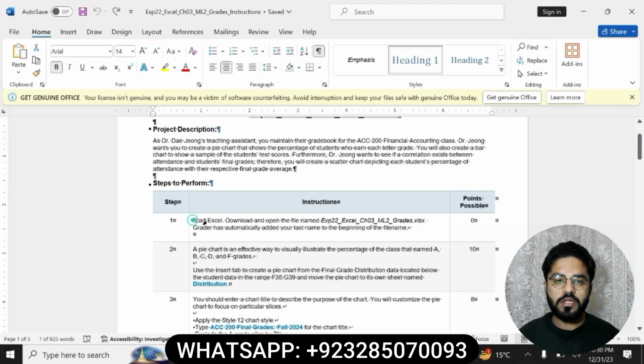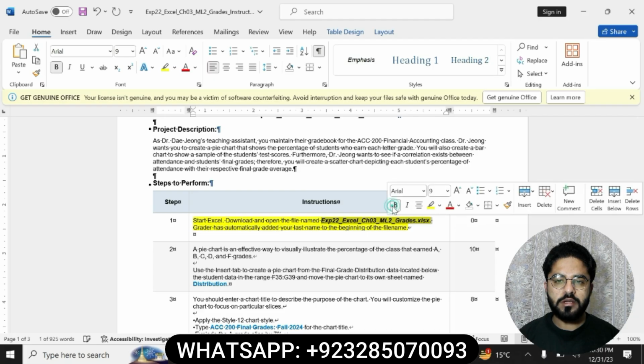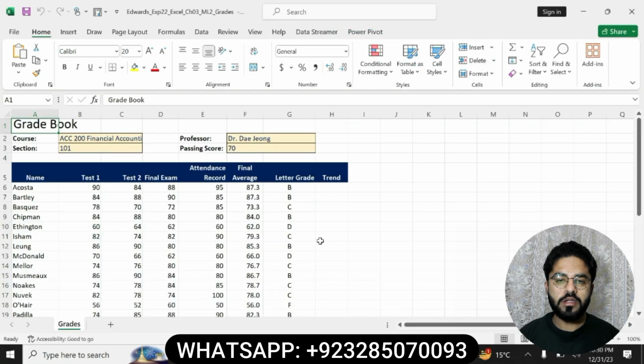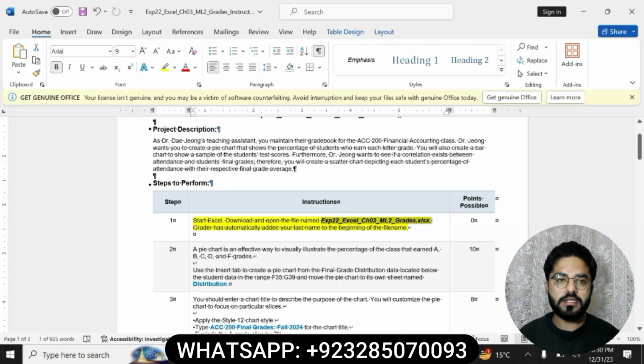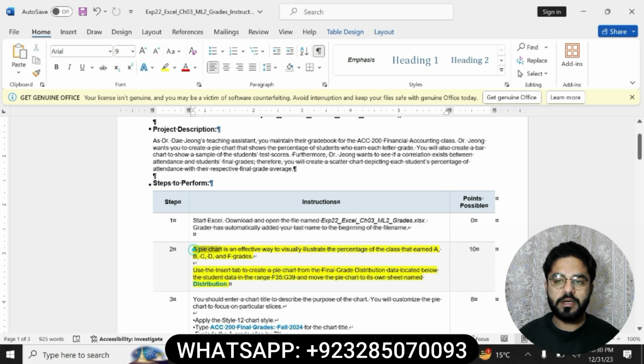Now move to question number 1. Question number 1 is: start Excel, download and open the file named Exp22 Excel Chapter 3 Mid-Level 2 Grades. Grader has automatically added your last name. Basically, in this question, you will have to download the Excel workbook from the MyLab IT dashboard. I have already downloaded this file from the MyLab IT dashboard. Question number 2 is